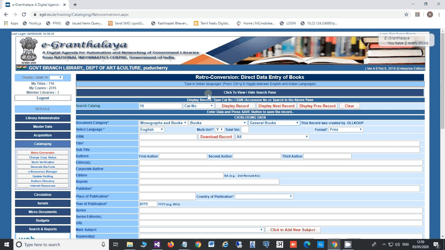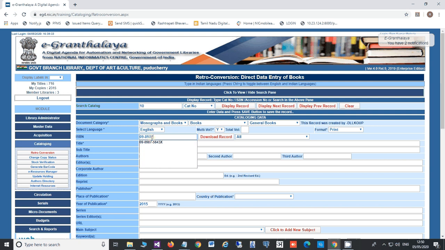Another method to find out the duplicate record or record already there is no need of going to the search pane. Just start typing the data and the system will give information whether the record is there already or not. In case the ISBN number is there in the book, then start typing the ISBN number, and after typing the first letter you need to just stop for 1 second only. Then it will start matching the data you are typing.